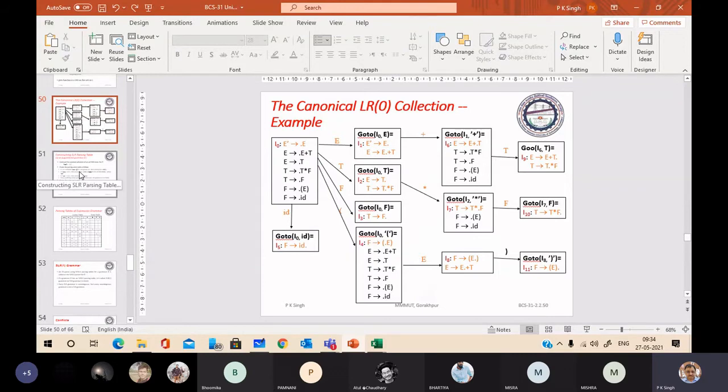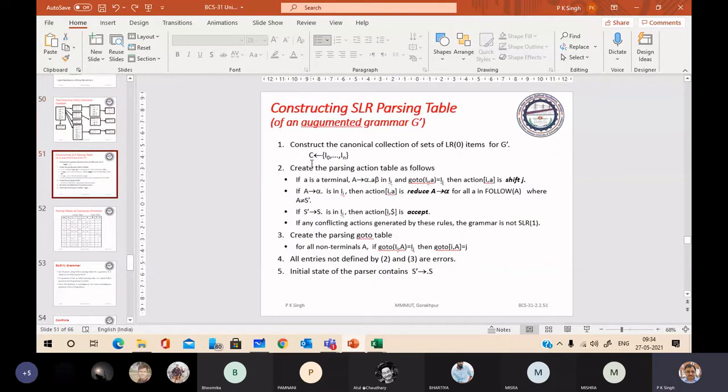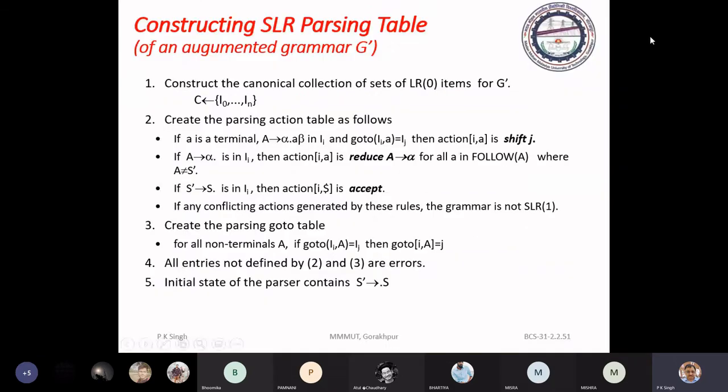To construct the table, see the algorithm for construction of the table. First, we have to find the collection of LR0 item sets that we have already computed, from I0 to I11.